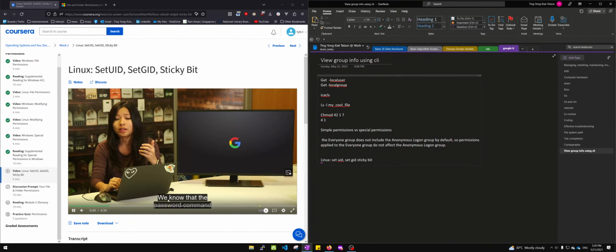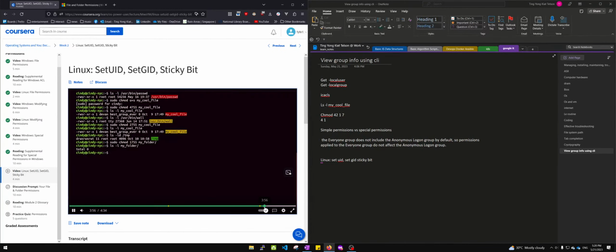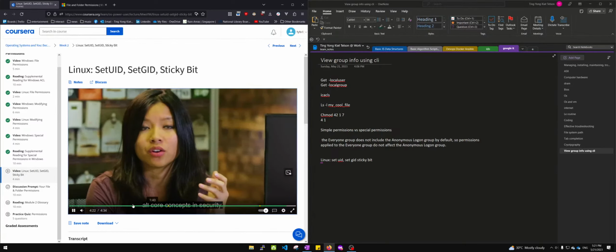We know that the password command secretly scrambles up our pet UID. We can enable files to be run in security. For now,